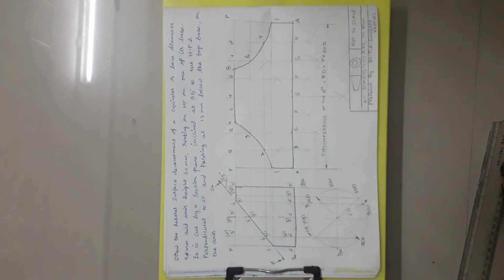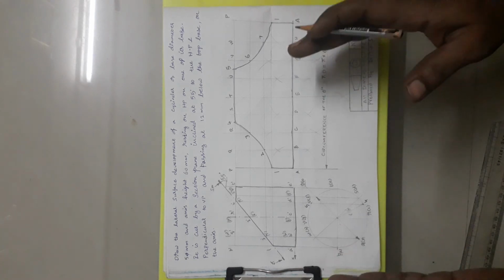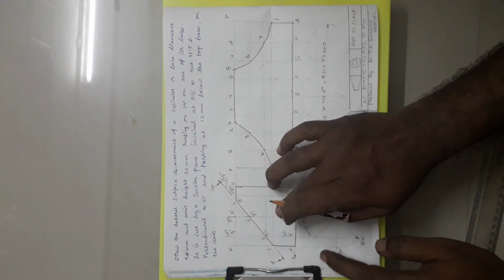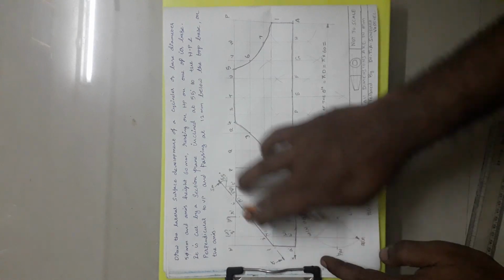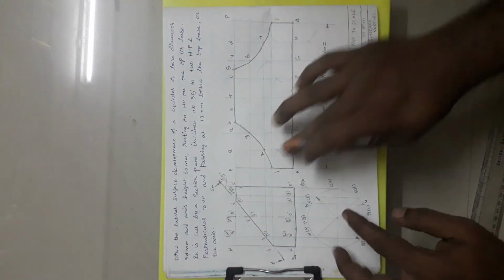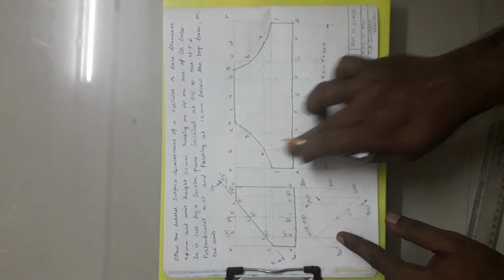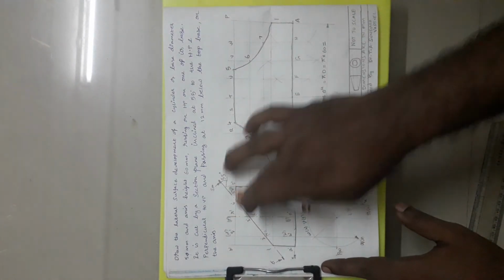Okay. So this is the development. The final meaning is, for getting this hollow cylinder with this sort of cutting edge, we have to draw this pattern in the metal sheet and cut it accordingly to this line, and if we fold it, we will get the cylinder of this kind. Thank you.